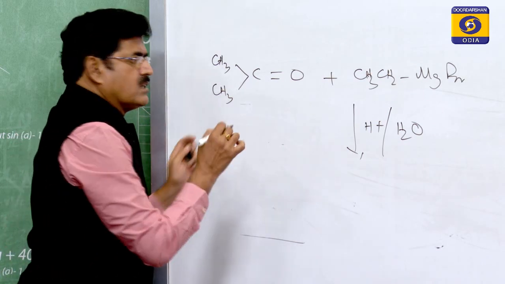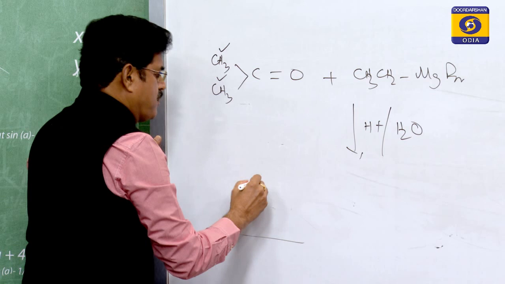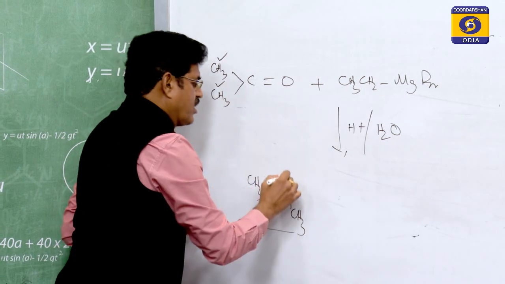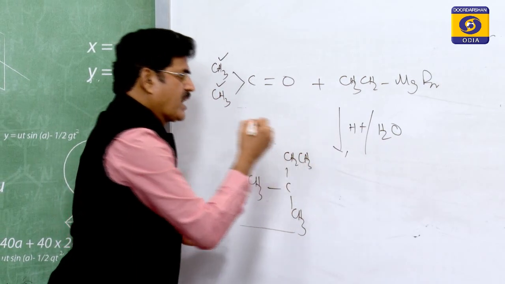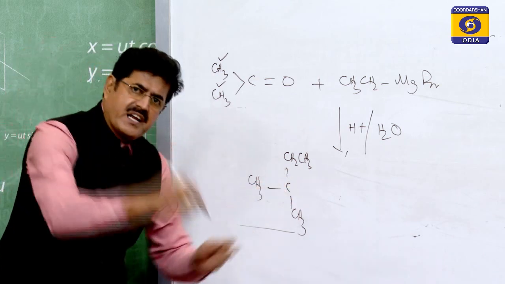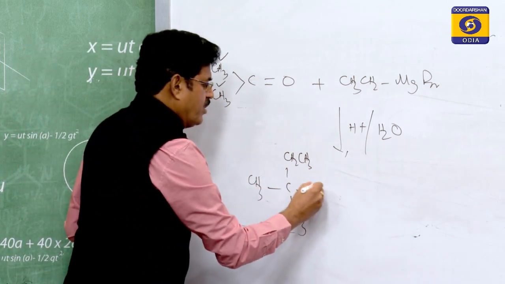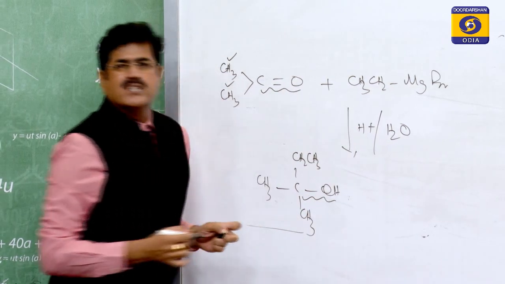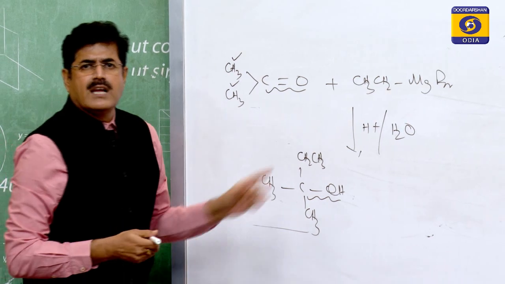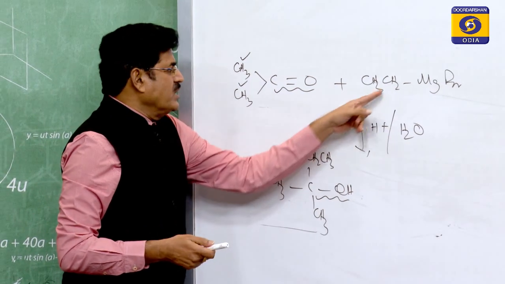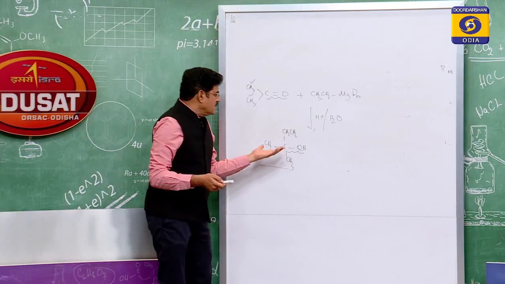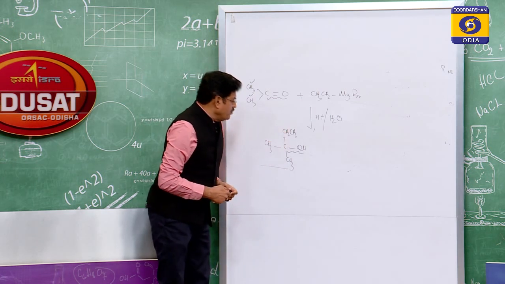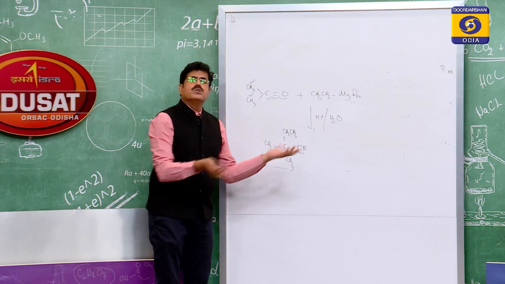So, what is the product? Tertiary alcohol, both methyl groups, CH3, must be present. Next, the Grignard reagent alkyl group must be attached, because this acts as a nucleophile, it must attach to the carbonyl carbon. And next is OH, simple. So, carbon double bond O now appears as carbon single bond OH, and the ethyl group is attached to the carbonyl carbon. This is the tertiary alcohol here. You know the IUPAC name here, 1, 2, 3, 4, that is 2-methyl butan-2-ol.